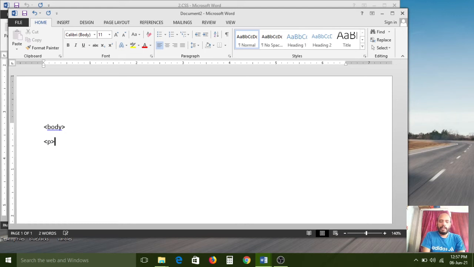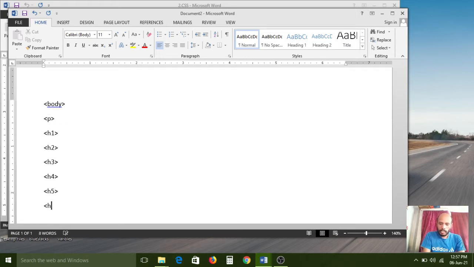And the paragraph element. Next one, the italic element. H1 is an element. H2 is an element. H3 is an element. H4 is an element. H5 is an element.